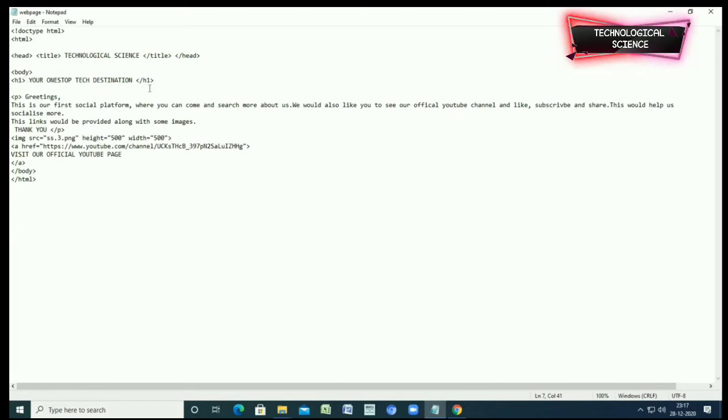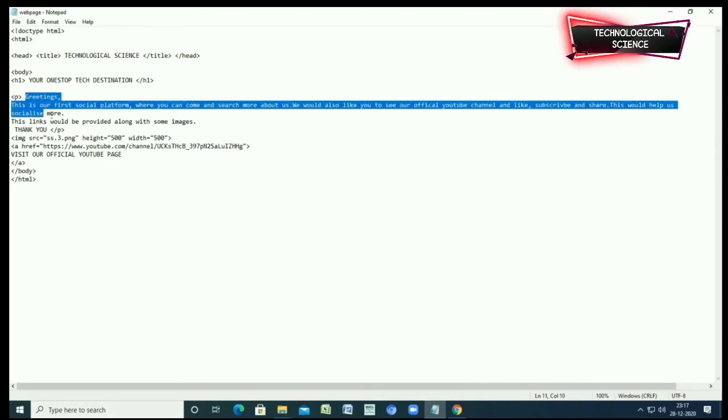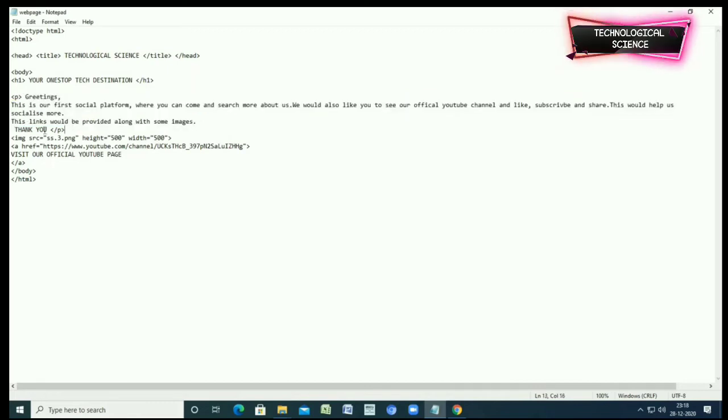Then after typing your heading, I have given here a paragraph. And for adding a paragraph, you need to add a closing tag to the paragraph, and the paragraph tag is just P. Just write P and it indicates paragraph. Okay, so this is the whole matter that I wrote for the paragraph. And then this is the closing tag. This is also a matter of the paragraph. And then this is the closing tag for the paragraph.